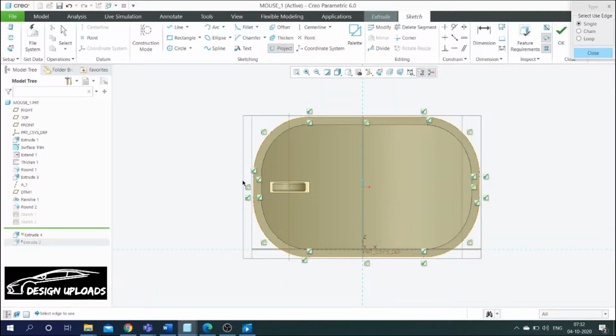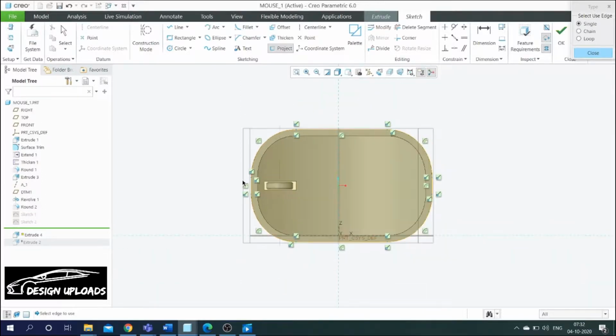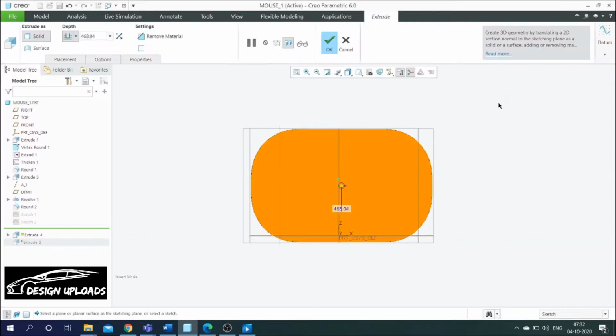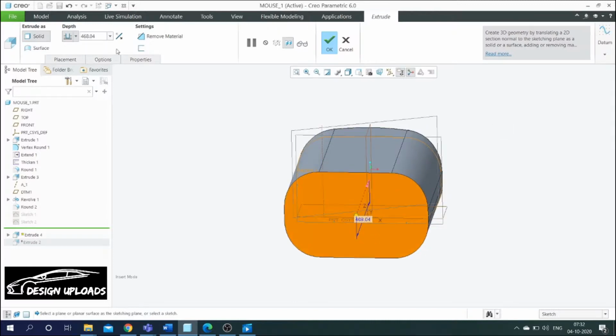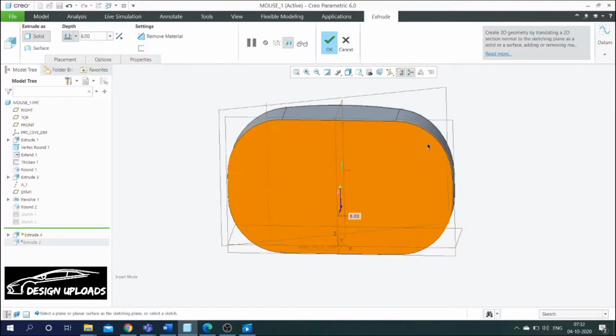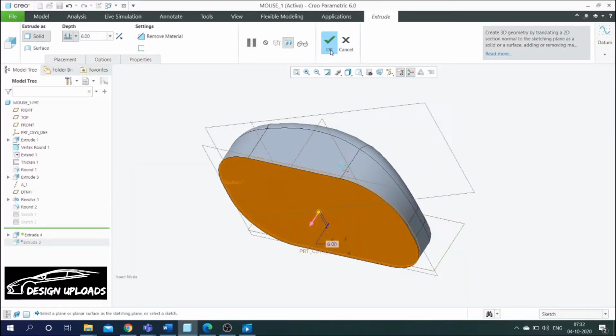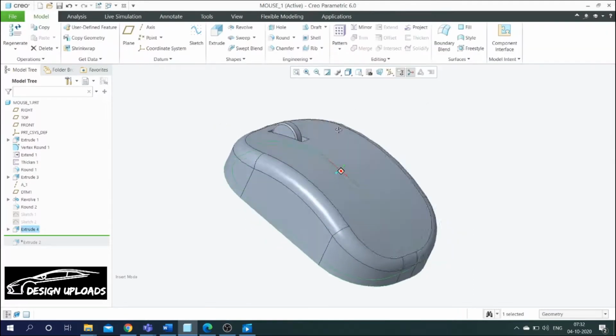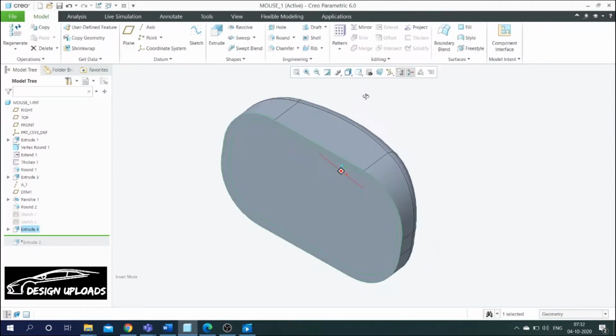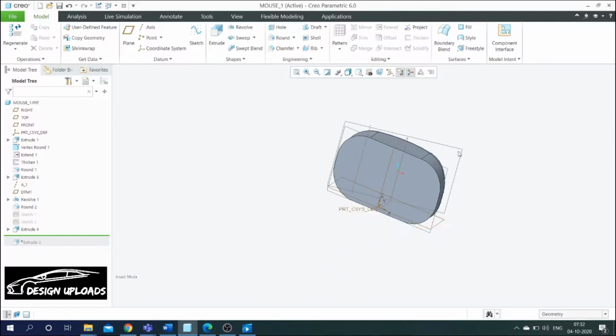After the completion of the rectangle, the fully closed loop sketch will be formed. After the formation, just give OK and give the extrude distance as 6, and give OK. Automatically the mouse gap has been closed.